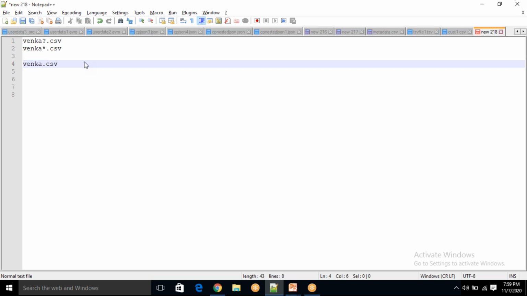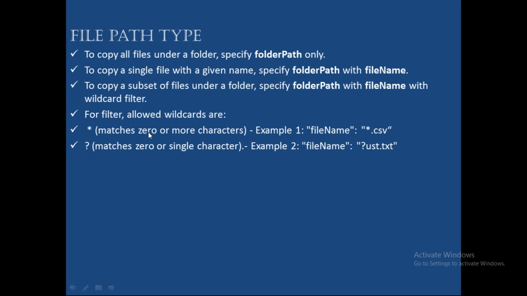Question mark will allow only 1 letter, that can be T or A or B or whatever. But star means you can leave it just like that, or you can type whatever you want, as many letters as you want. That's why you can see it clearly says 0 or more characters. There is no limit. But question mark means 0 or a maximum of 1 character.